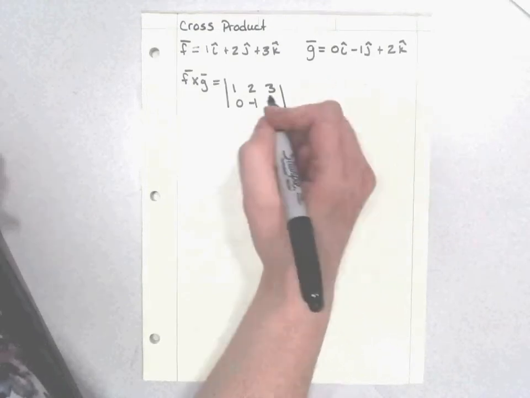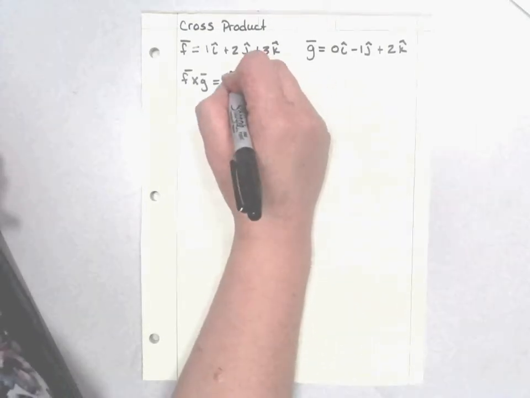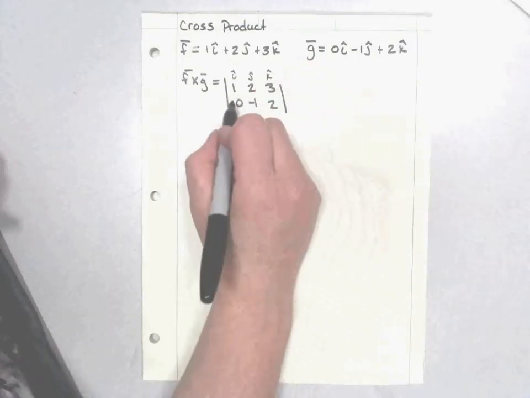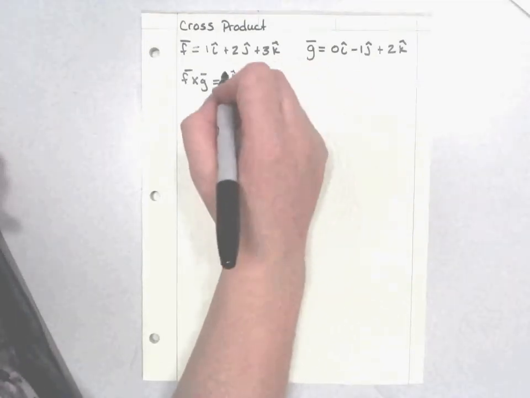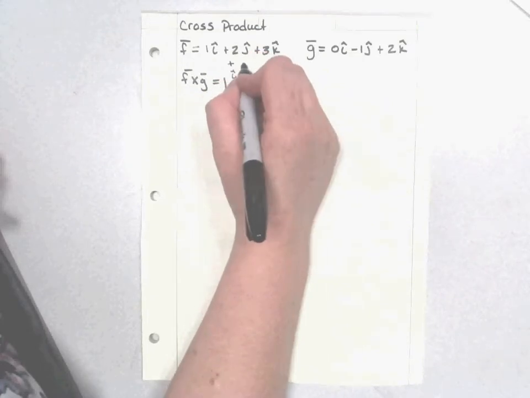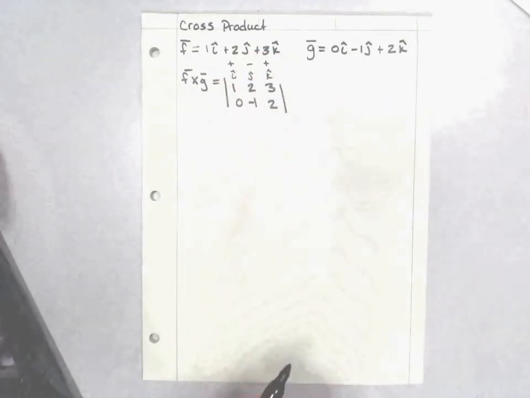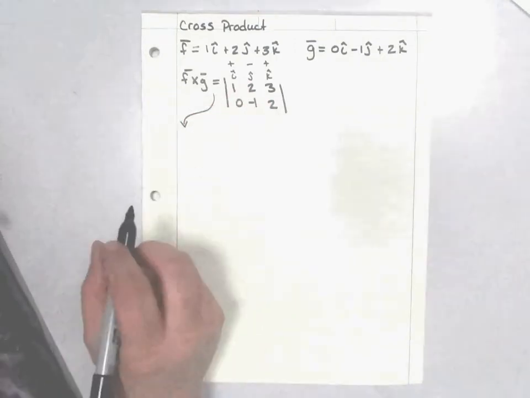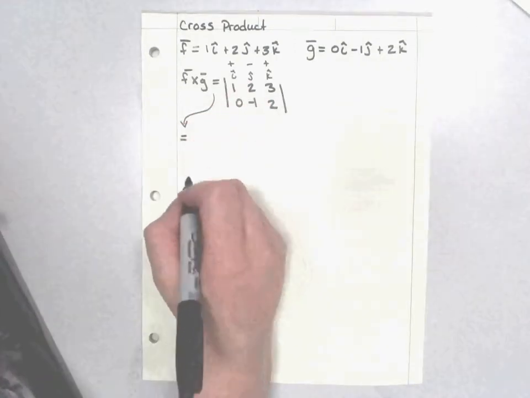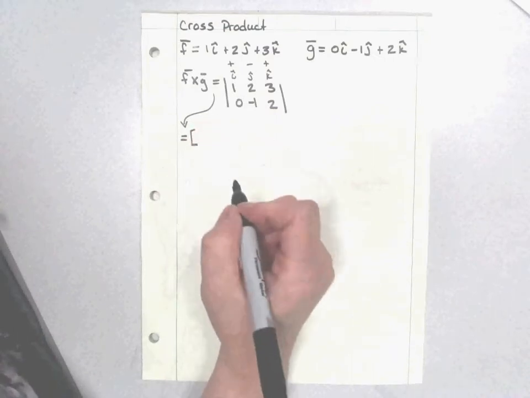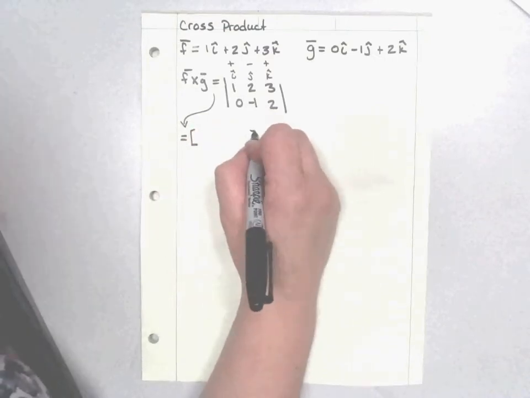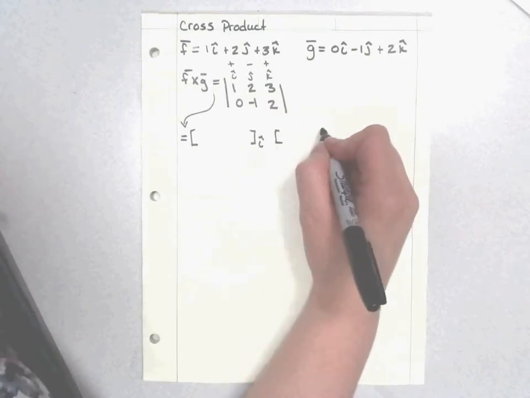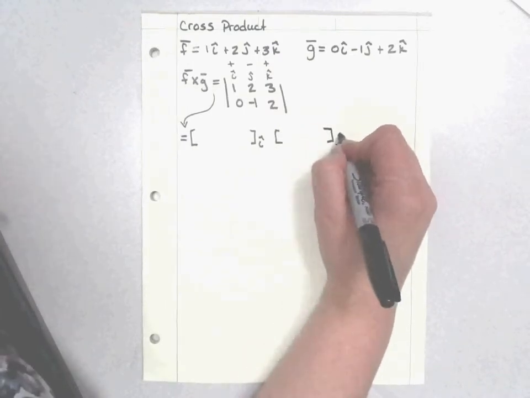And to remind myself again, I put i, j, and k at the top, so I know which column goes to which component. And I give myself a plus, minus, plus. Okay, so I'm going to move over here because I'm going to take up a little bit of space. This equals my i component, my j component,